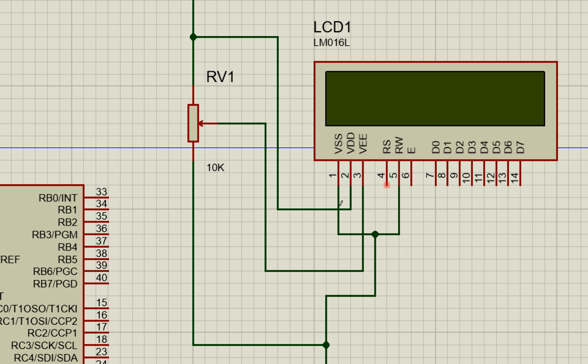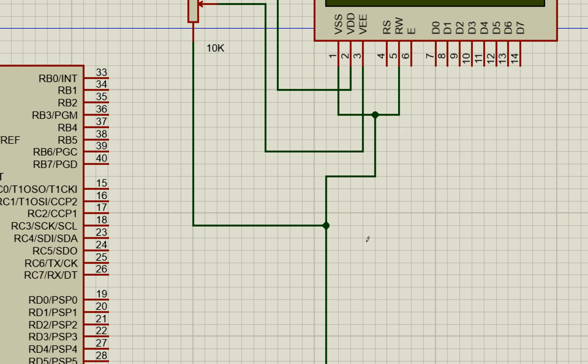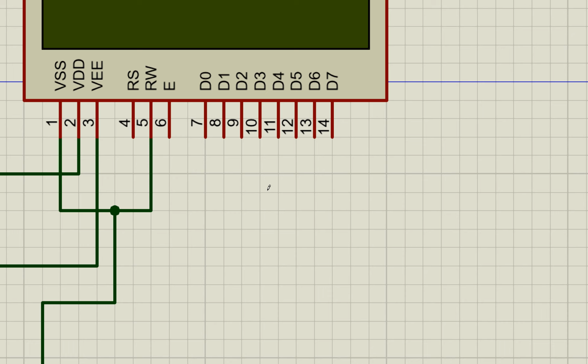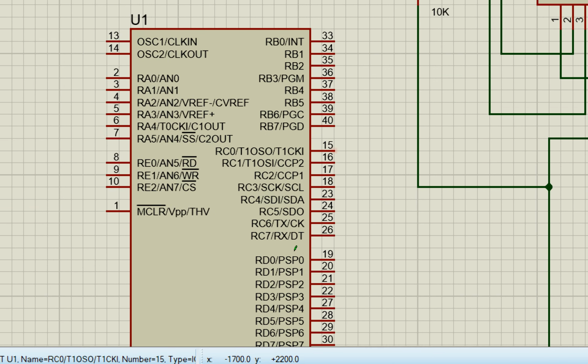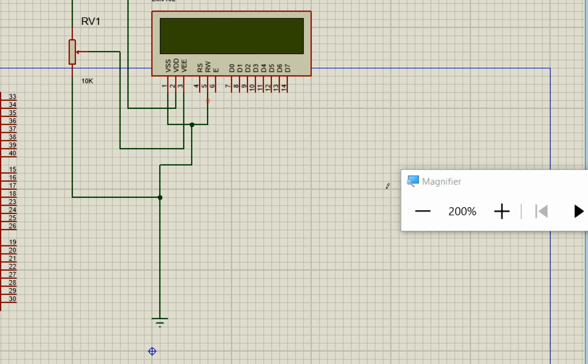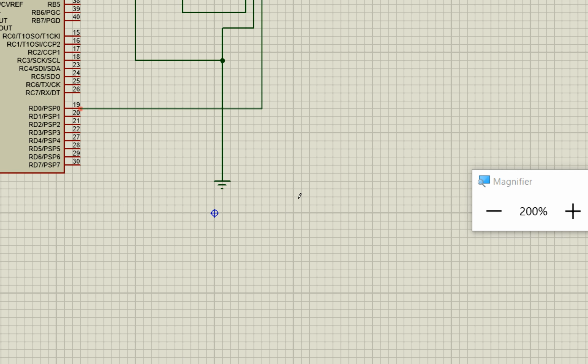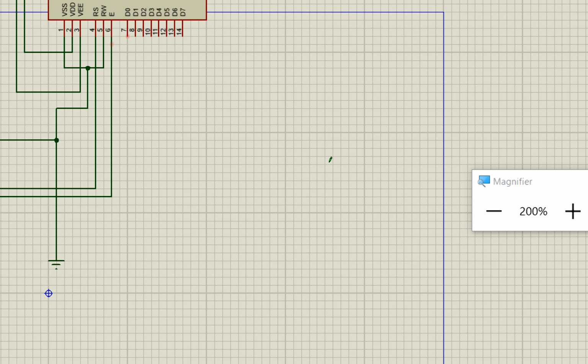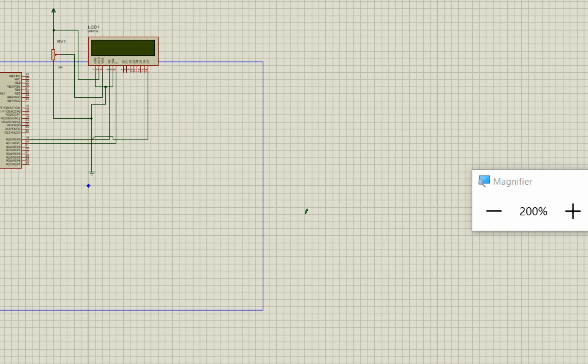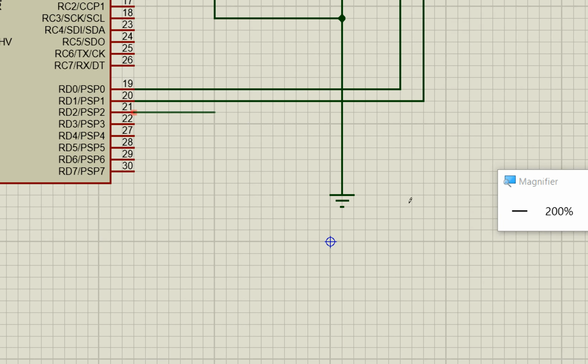Now these are the basic connections which are done. They will remain the same. Now these pins RS, E, D0 to D7, these are the pins to be sent to whichever digital input output pin of the PIC is available to you in your project. You can use them. So here, for pin RS, I am going to use pin number D0. For EN, I am going to use pin number D1. For data pin 7, I am going to use pin number D2